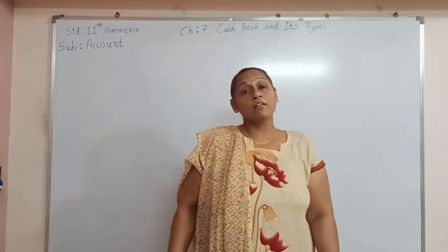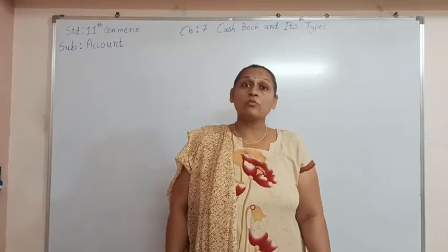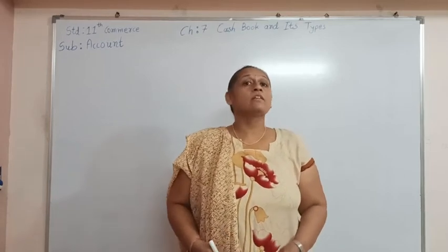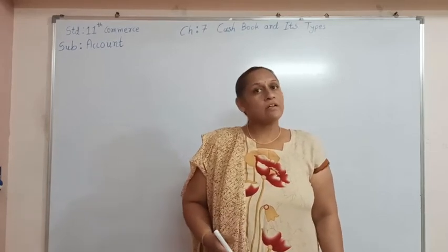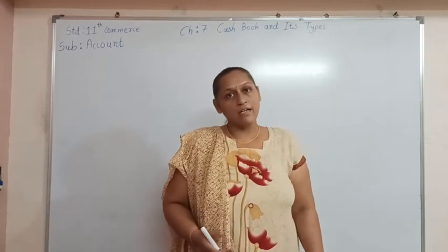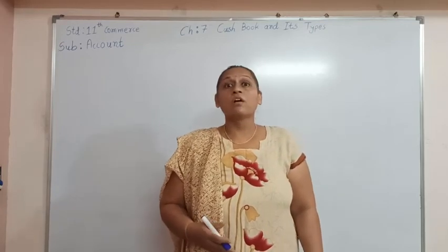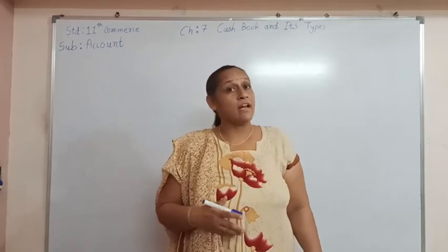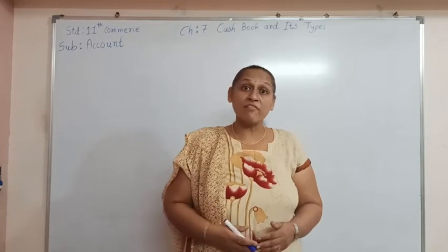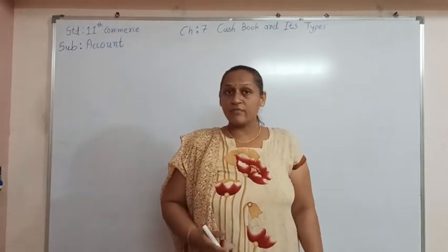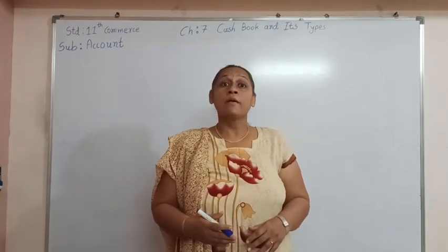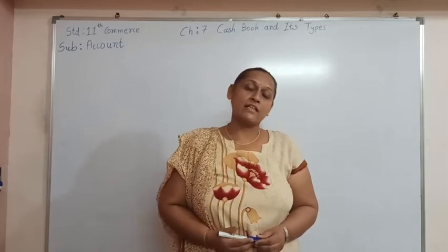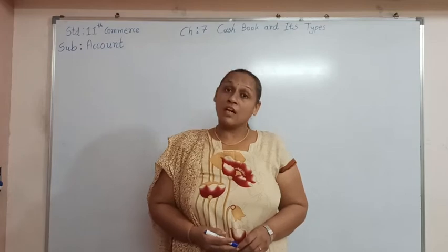So here again we will see some more transactions related to NEFT and RTGS. When we are paying through the bank by NEFT or RTGS, we are going to pay the charges for NEFT and RTGS. But when we are receiving an amount through NEFT or RTGS, the charges will be paid by the sender. So that concept of NEFT and RTGS we are going to see in the 3 columnar cash book.